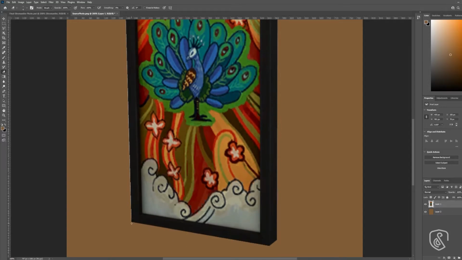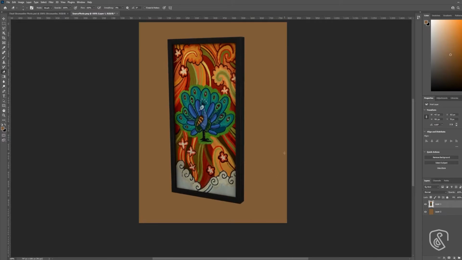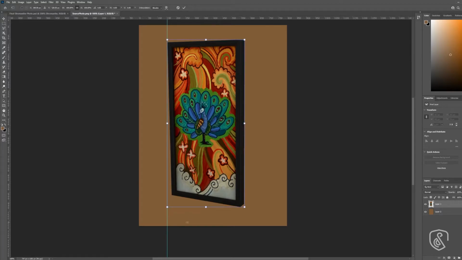So I clicked at the top, holding down Shift, and now I'm clicking the bottom. So now we have all of the white out of the way, which is wonderful. I'm bringing my ruler back so that I can adjust this a little bit to make this a straighter line. Clicking Command T, which is our free transform, and then I'm going to hold Control, and then if you click